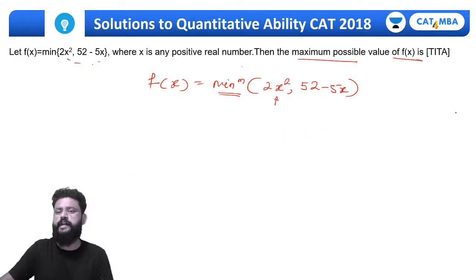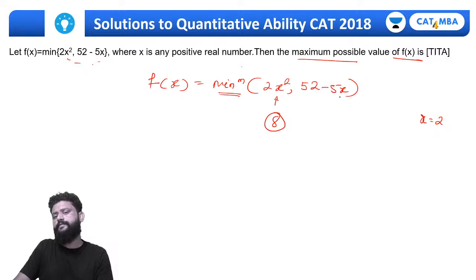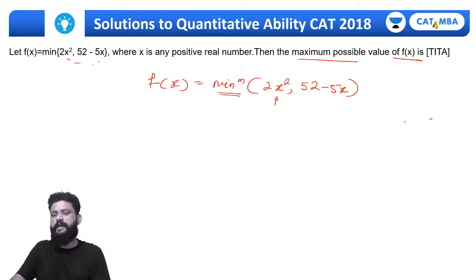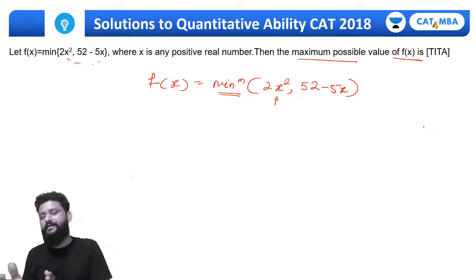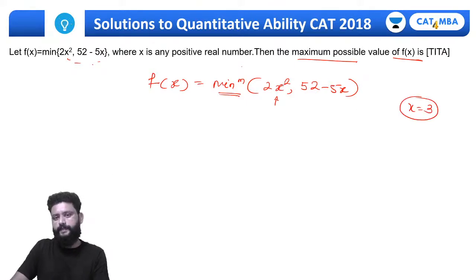मैंने जैसे x लिया, तुम x इक्वल टू 2 लेके देखो, चलो ट्राई करते हैं। x इक्वल टू 2 ट्राई किया तो क्या आएगा? x स्क्वायर is 4, 4 into 2 is 8. Then यहाँ पे आएगा 10, 52 minus 10 that is 42, which is the minimum of these two, that is 8. So यहाँ पे 8 आ सकता है। ऐसे हम इसको बढ़ाते जाते हैं, ठीक है? Let's go by trial and error, that is one way to do so. Let's try for this x equal to, अगर मैं 3 ट्राई करता हूँ, 3 स्क्वायर